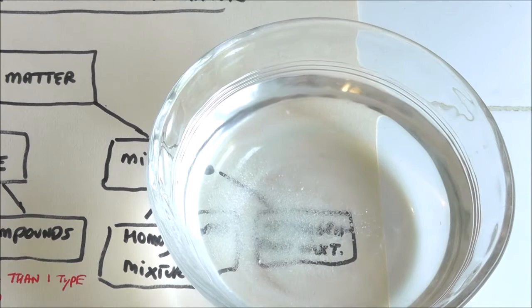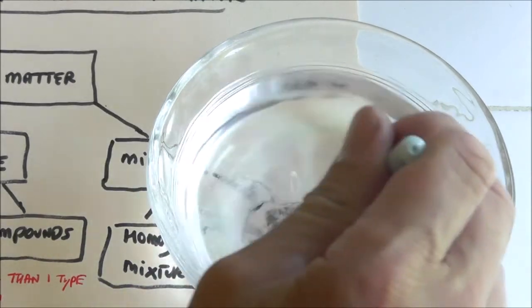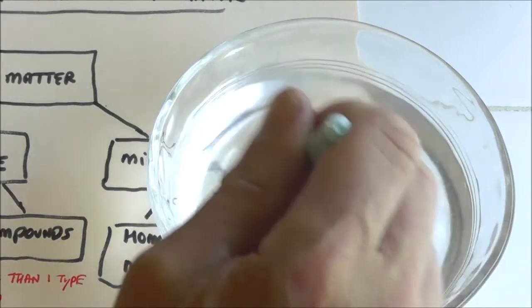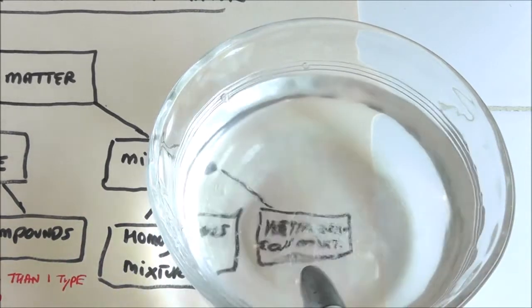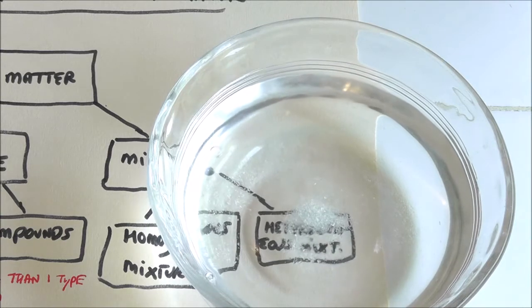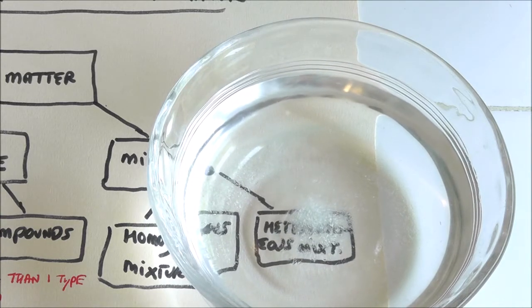And the way I could make it homogeneous, of course, is I don't have a spoon, so I'm going to use my pen. You know, don't do this at home with your pen. Well, unless you've got the top on, it's okay. And now it'll dissolve after a time and become homogeneous.